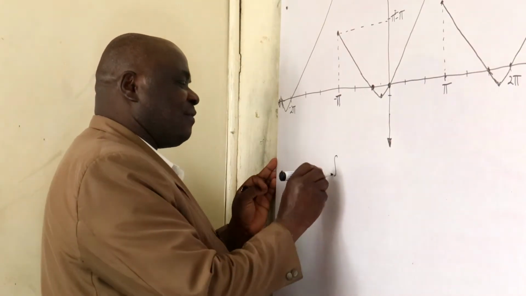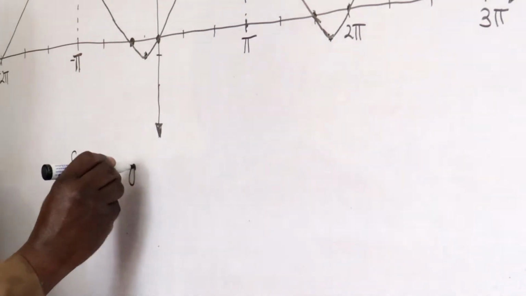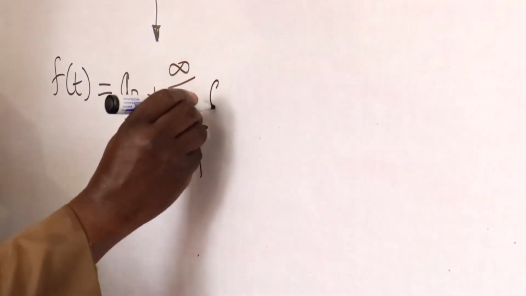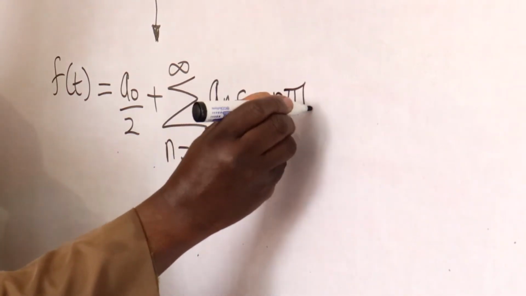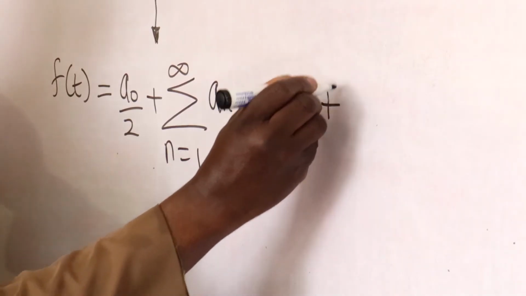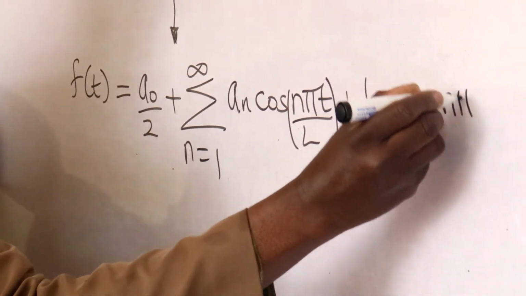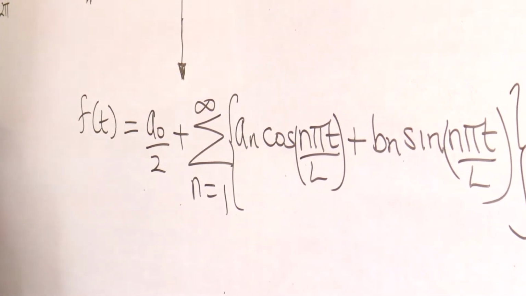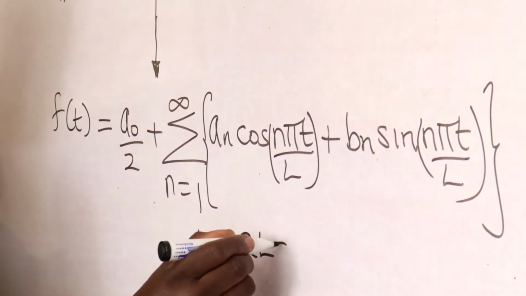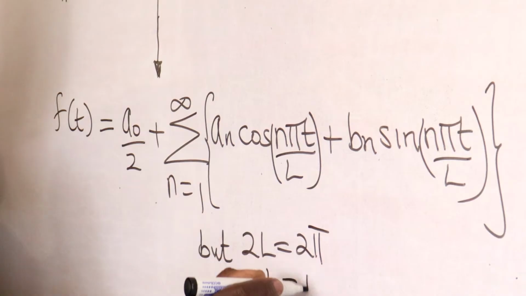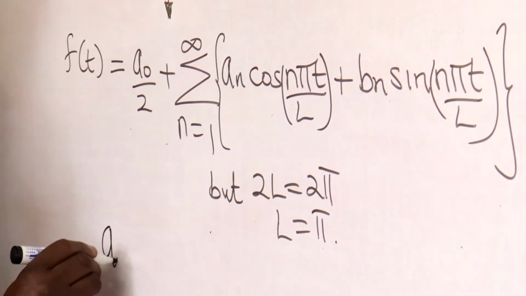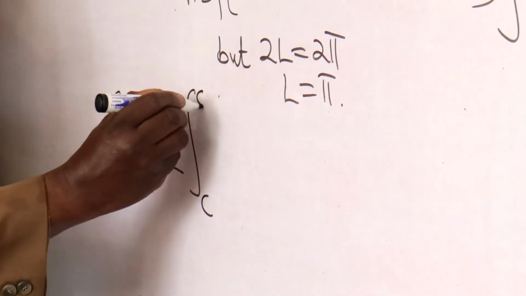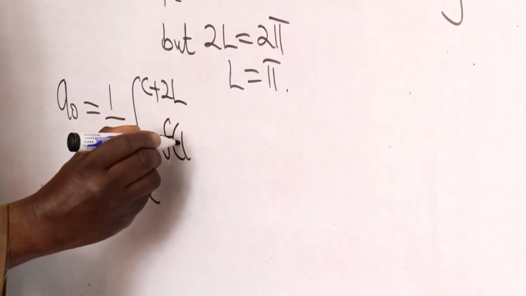So we say our f of t will be given by a naught all over 2 plus summation n starting from 1 to infinity of an cos n pi t all over L plus bn sine n pi t all over L. But 2L is equal to what? 2L is equal to 2 pi. So L is equal to pi. Our A naught, because we are using the general formula, will be given by 1 over L, integrating from C to C plus 2L, f of t dt,